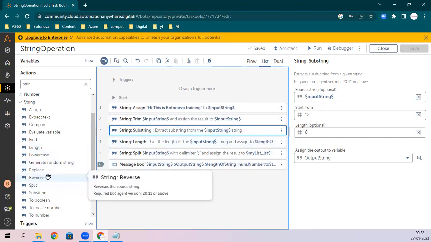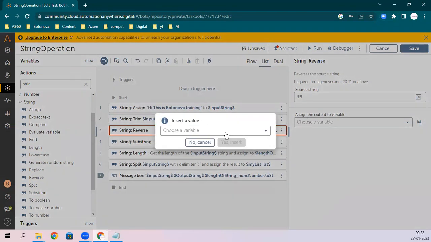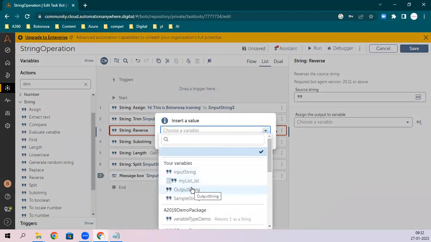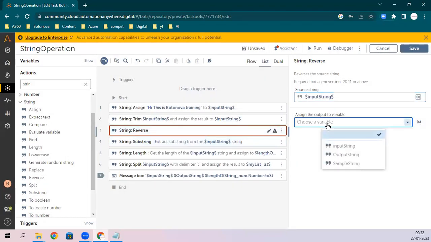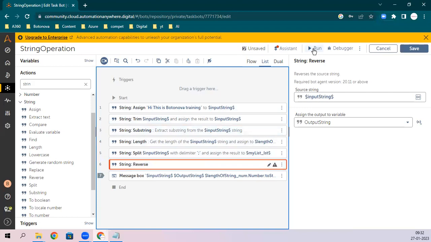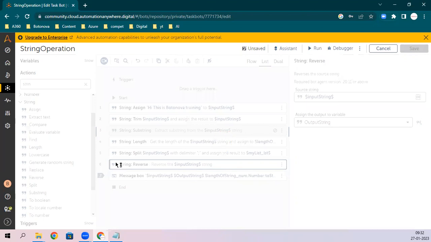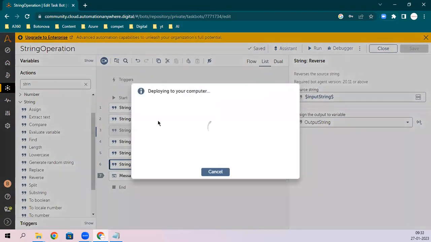Now reverse is simple. You are just reversing your input and output. It will just reverse your string.